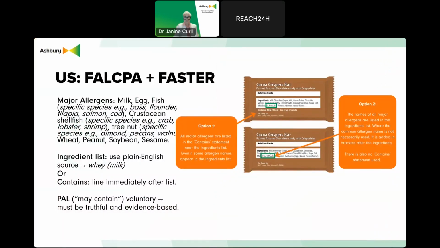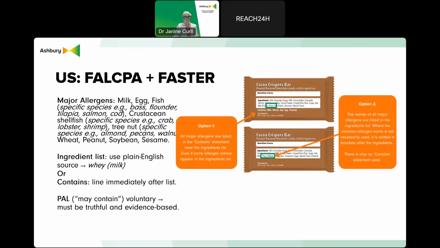So starting with the United States, allergen labelling here is driven by two key laws, the Food Allergen Labelling and Consumer Protection Act, or the FALCPA, and the Food Allergy Safety Treatment Education and Research Act, or FASTA Act, which came in more recently. Packaged foods regulated by the FDA must declare any of the major allergens using the name of the food source. These include milk, eggs, peanuts, tree nuts, where you have to name the specific nut, wheat, soybeans, fish, and crustaceans, shellfish.